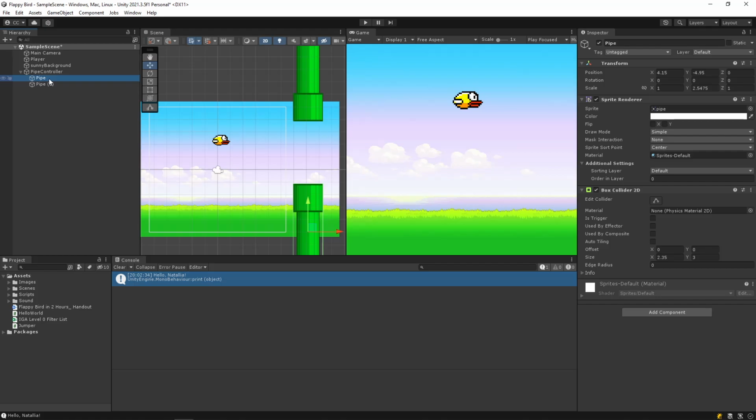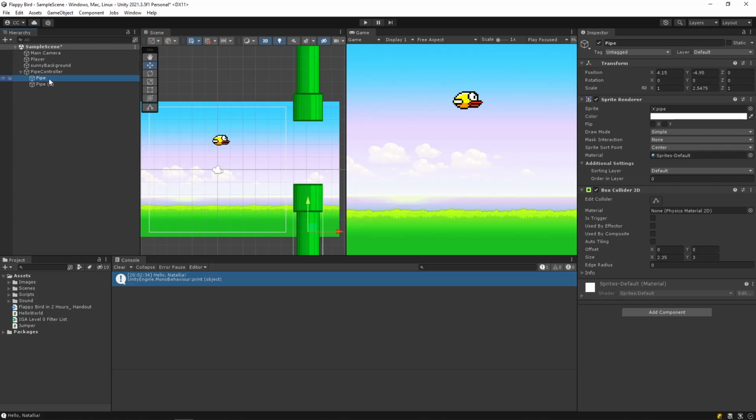This x is equal to positive 4.15. That is the offset from the parent. If I just change that to 0, now it is immediately on top in terms of the x value of the pipe controller. I'm going to do the same thing to the duplicate as well. That way both the pipes are lined up with the parent. Just makes it look nice.